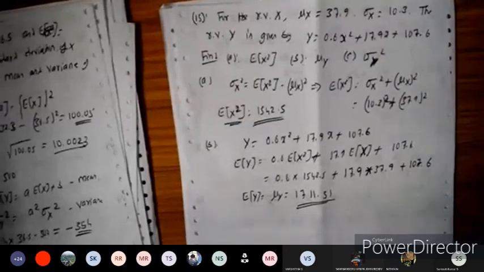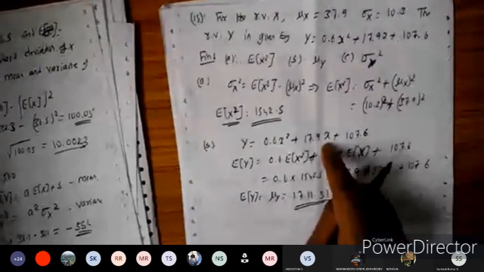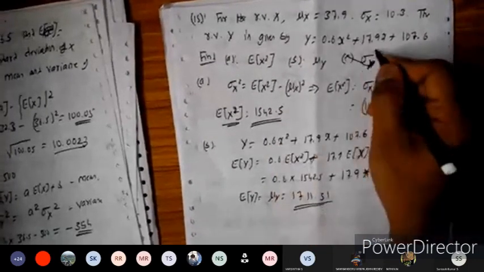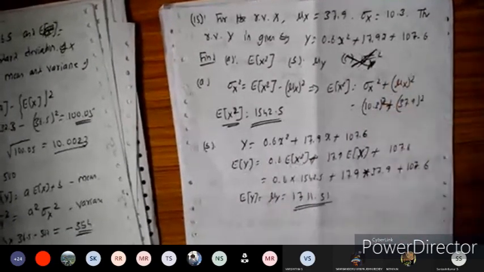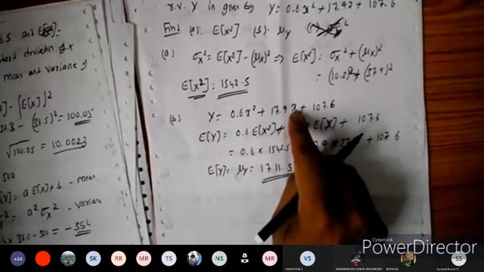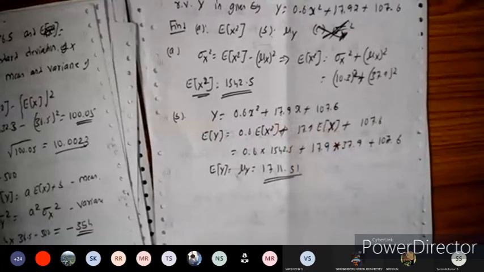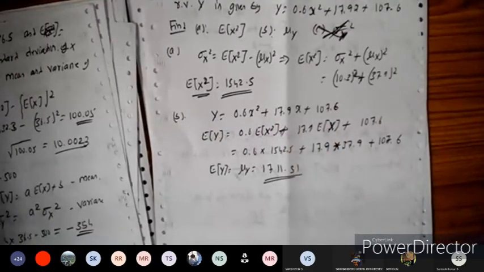Okay, so the variance we can't find yet. For finding the variance, this one is okay, but for this one we can't find it directly. So let us skip the variance part here. The variance of x square: x is there here, but here x square is there, so we can't find the variance directly. Later I will tell how to find the variance. Okay, so done. Fine.